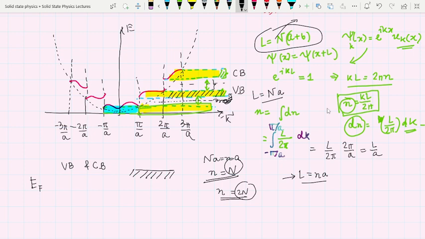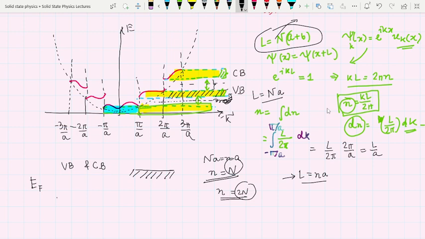Depending upon the intrinsic or extrinsic property and the doping, the position of the Fermi level varies. That is another issue, and we can mathematically derive this. But the most important thing here is that we can now represent the energy level of the valence band and conduction band